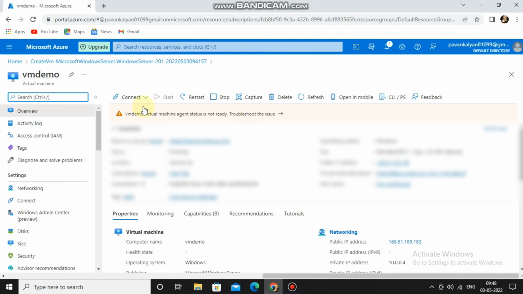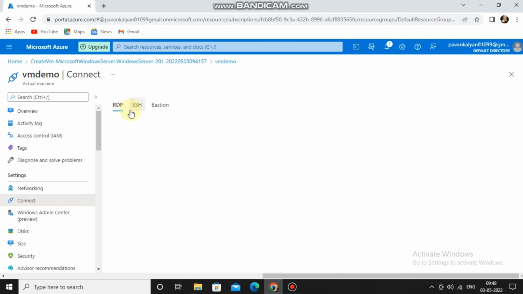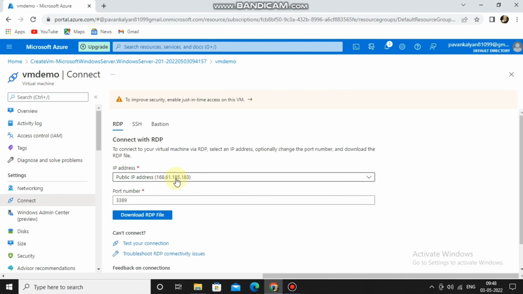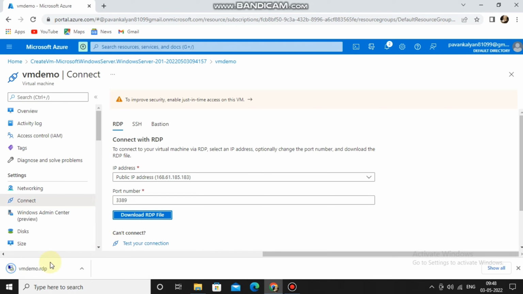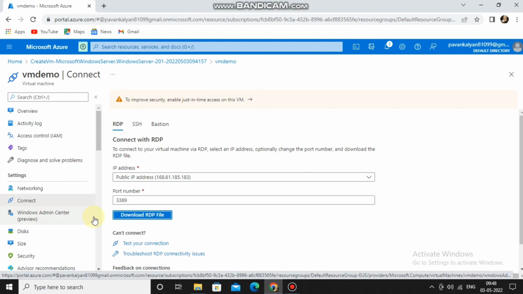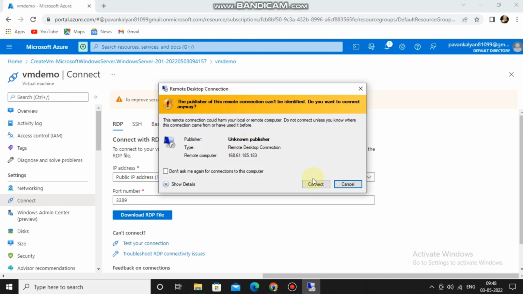And now we will see how we can connect to the virtual machine. So I'm clicking connect and selecting the remote desktop option, and here it is allowing us to download an RDP file. So we need to download it, and our RDP file is downloaded. So now we'll open it. If you remember, we have given a username and password. So this is the remote IP,